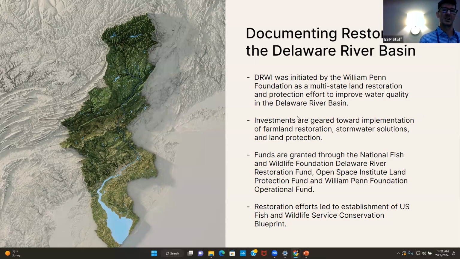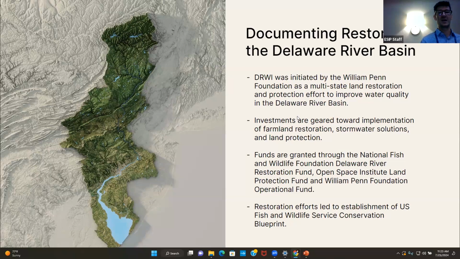So just some background on the Delaware River Watershed Initiative. This was a privately funded effort initiated by the William Penn Foundation. It was multi-state and covered the whole DRB.